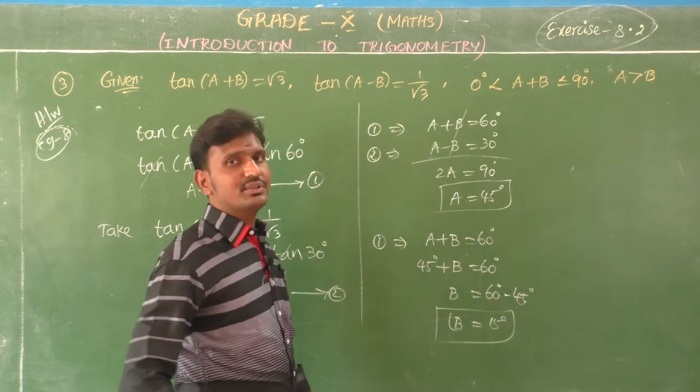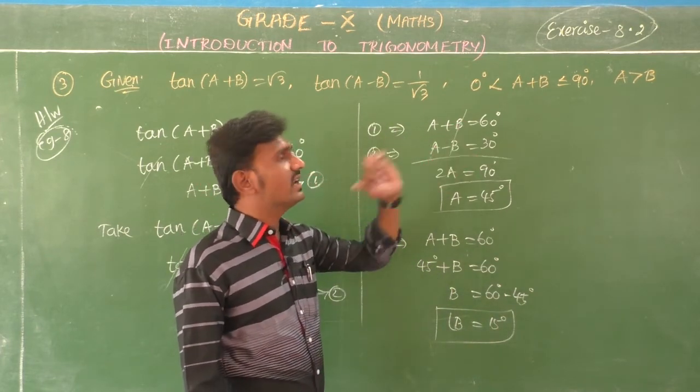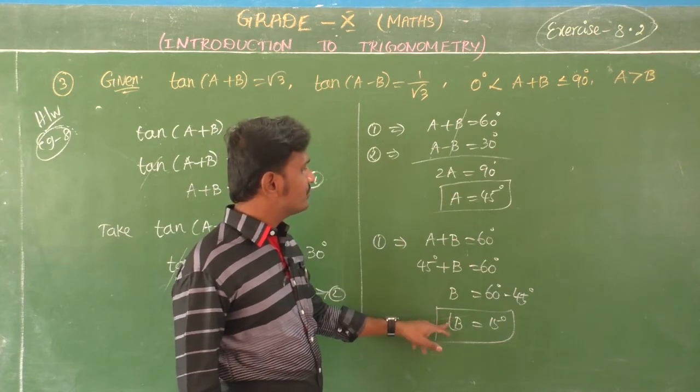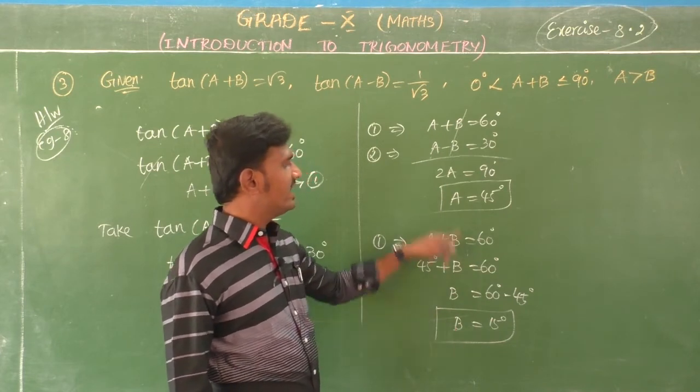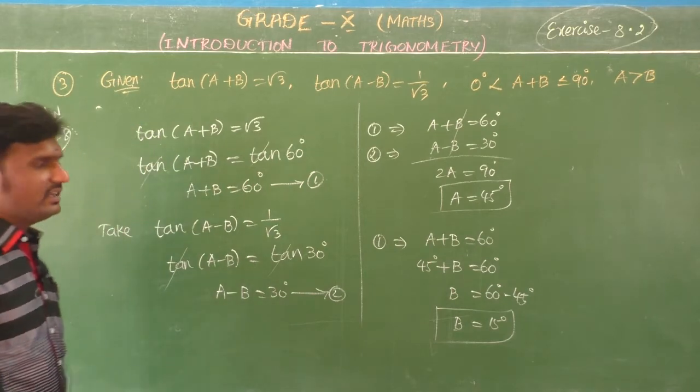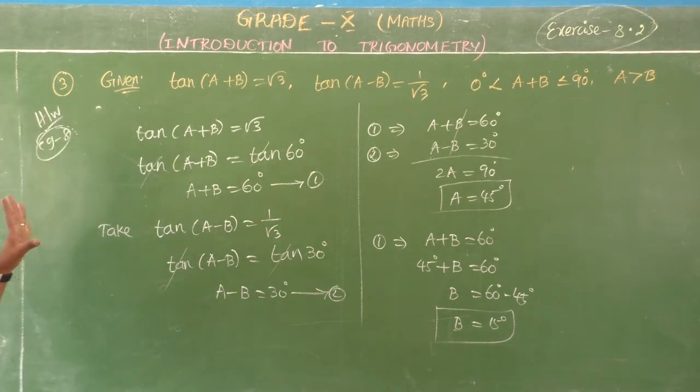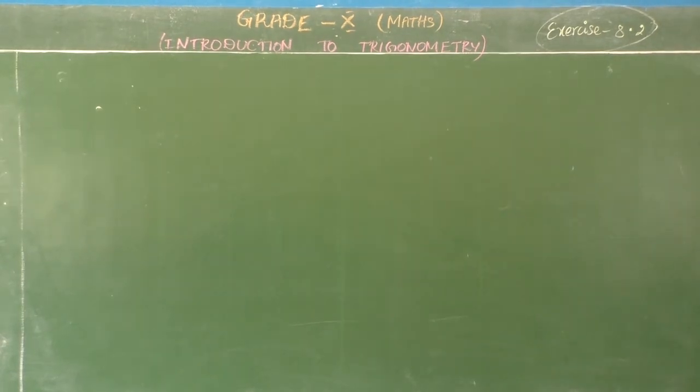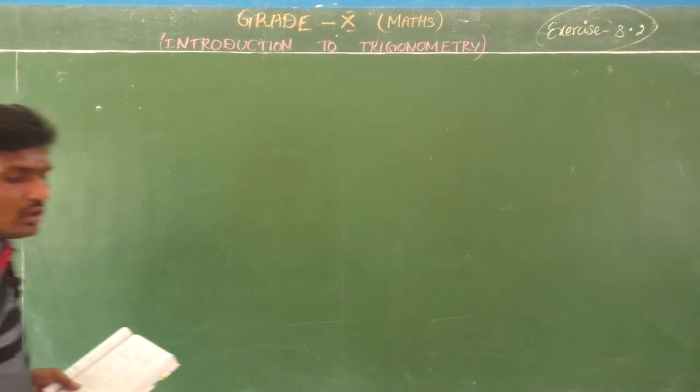Now we have accepted the condition also, angle A is greater than B. So angle B is 15 degrees and angle A is 45 degrees. So we find the angles A and B. This same pattern question you have in example number 8. So that is your homework. Okay, students, next the choose the correct option we are going to complete now.